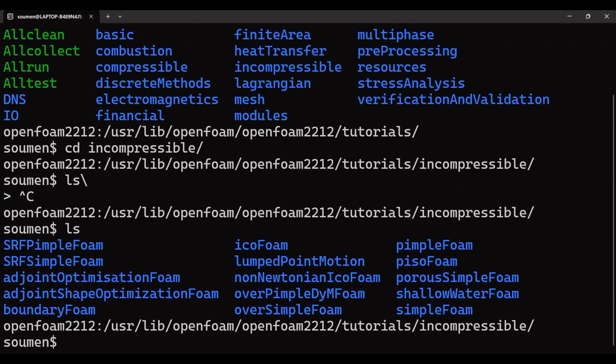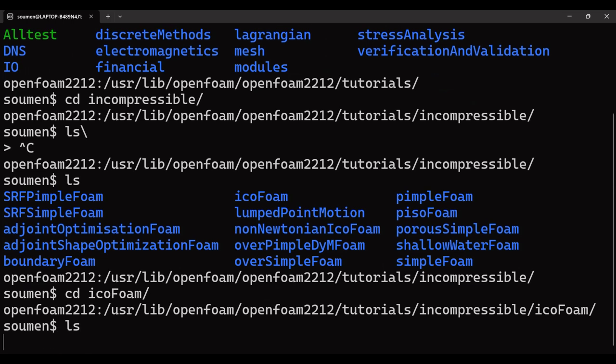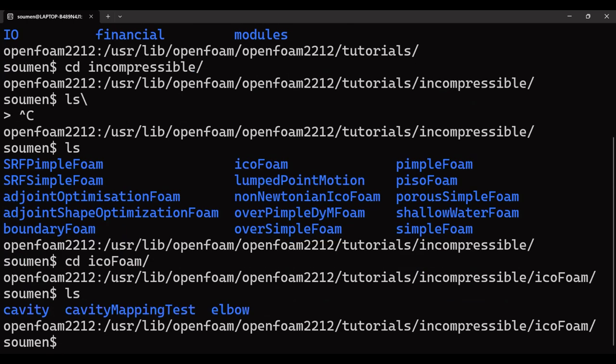So we have icoFoam. These tutorials are also categorized according to the solver. Within icoFoam, whatever is there uses icoFoam. Understood? So if we want to learn icoFoam, which is the basic incompressible Navier-Stokes equation solver, we will try to see what tutorials are there, and we see that we have a lid-driven cavity problem, the first benchmark problem, and we have